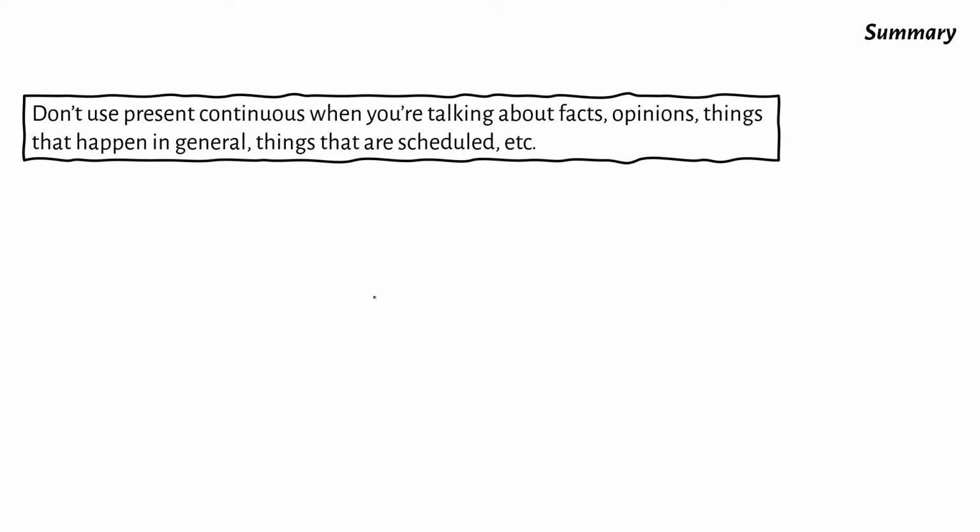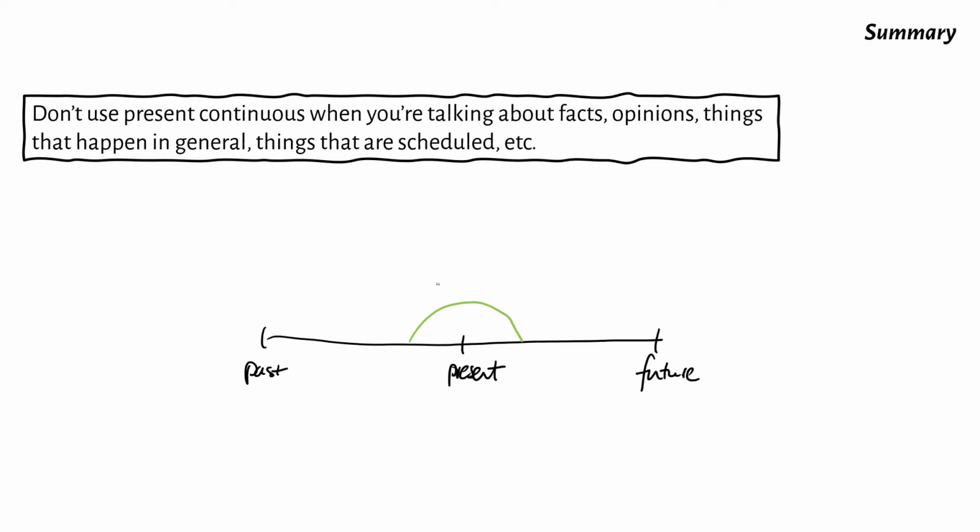But as I've shown in class, I think a few weeks ago, if we have a timeline, and this is the past. This is the future. And we have the present right here. The present simple appears around the present, right? So present simple is around the present. Why is it around the present? Because